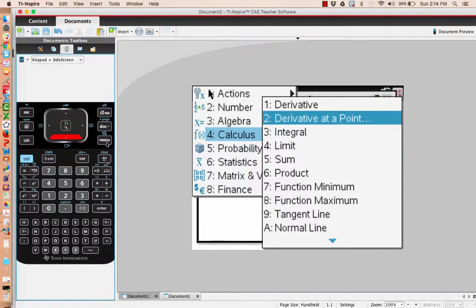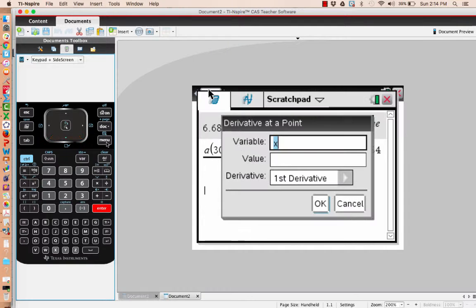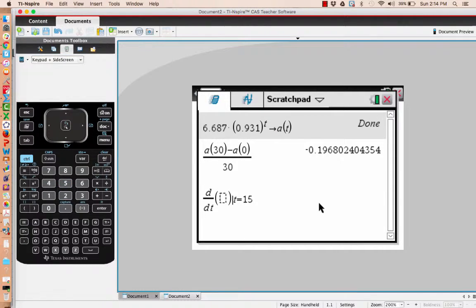It cuts down on time and it cuts down on potential mistakes. So we want to use t as our variable. We want to find the value of the derivative at 15, and we want the first derivative. Our calculator sets up a template for us. It says d dt, the derivative with respect to t of some function, such that t equals 15. All we have to do is type in what function we want to differentiate. That's A of t. Hit control equals,